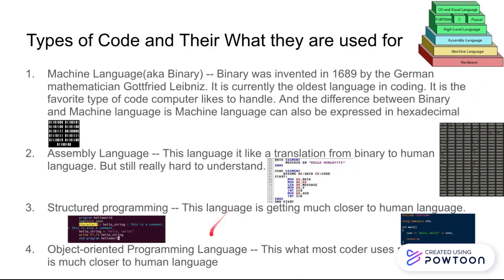One level above that is the object oriented programming language, which is one of the most used programming languages now because it is much closer to human language. Some examples of this would be HTML, JavaScript, Python, and so on. These are easier to understand relative to all three of the earlier levels, and they are very useful in terms of website development, graphic design, or